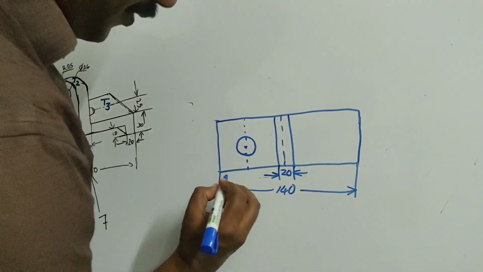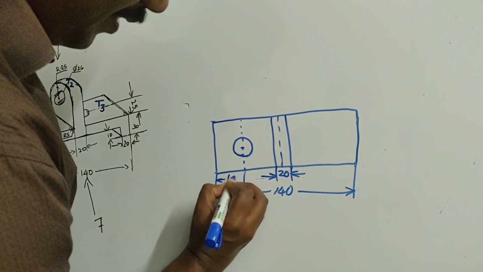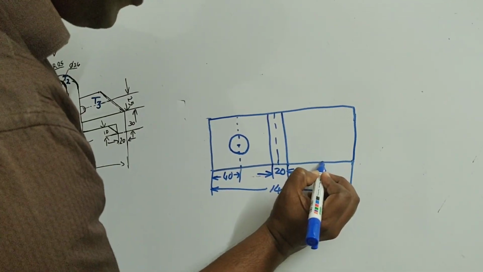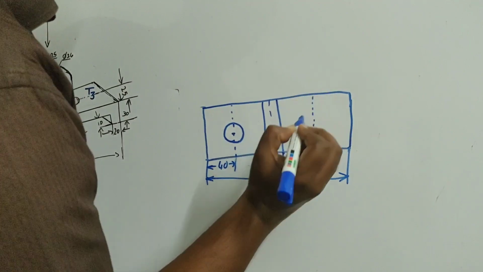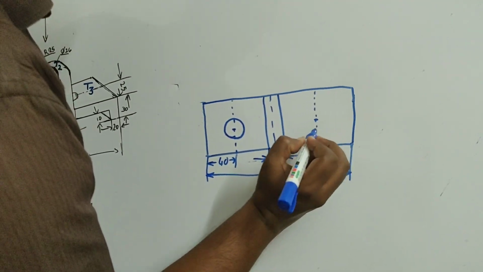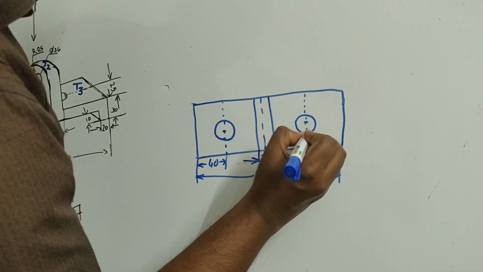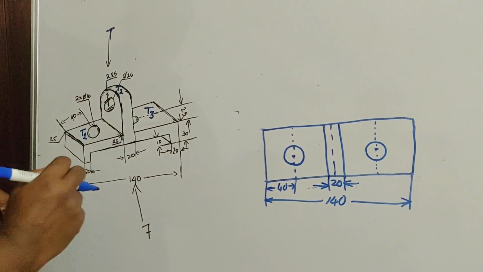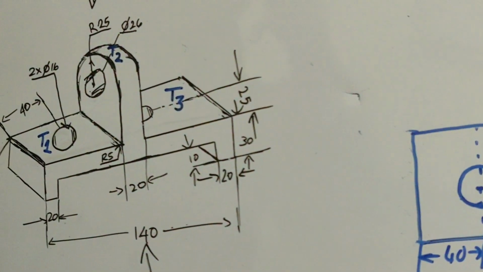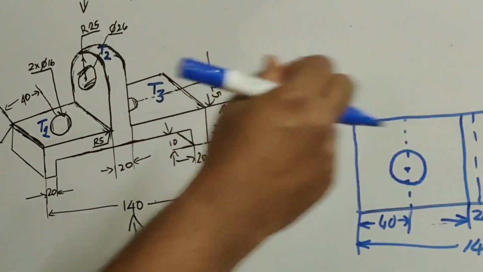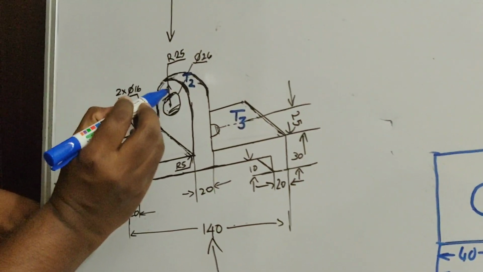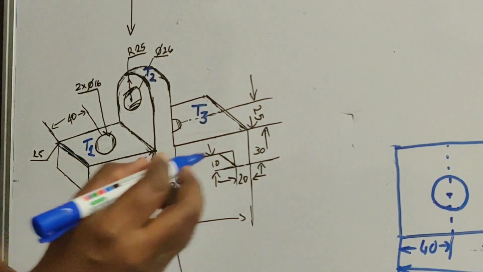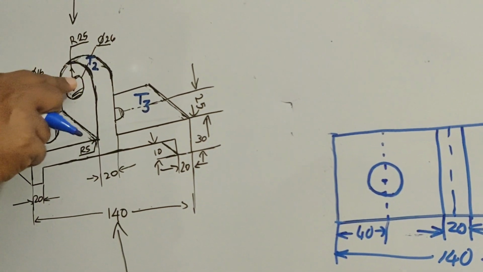Similarly, from here also, so this distance is 40. This distance is 40. From here also you are doing the same procedure. You are measuring 40. Then you are drawing the line, finding the midpoint or the center. Then you are drawing a circle of diameter 60. Okay. Now, one more part is there in the case of this particular separation part, that curved portion. There you are having a circle, which is a hidden circle when you are looking from the top. So that hidden circle is having a diameter of 24.